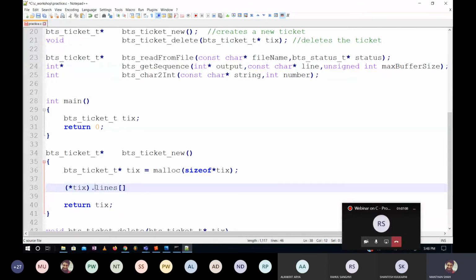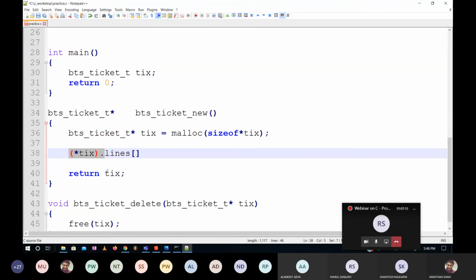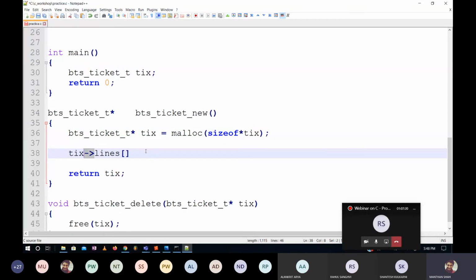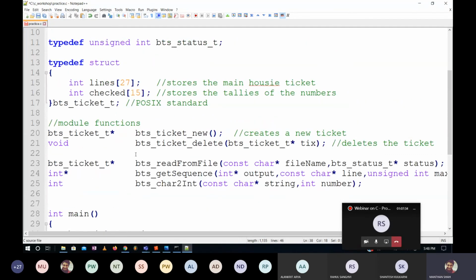Now, for all of this, if you look at this part particularly, this dereferencing and accessing the structure, there is a shorthand for that. That is this. ये जो symbol है ना, this thing basically means star of text dot lines 0. This is the same. Both of these are one and the same. I am basically accessing the data that is pointed by the text. उसका मैं ये member का first variable access कर रहा हूँ.